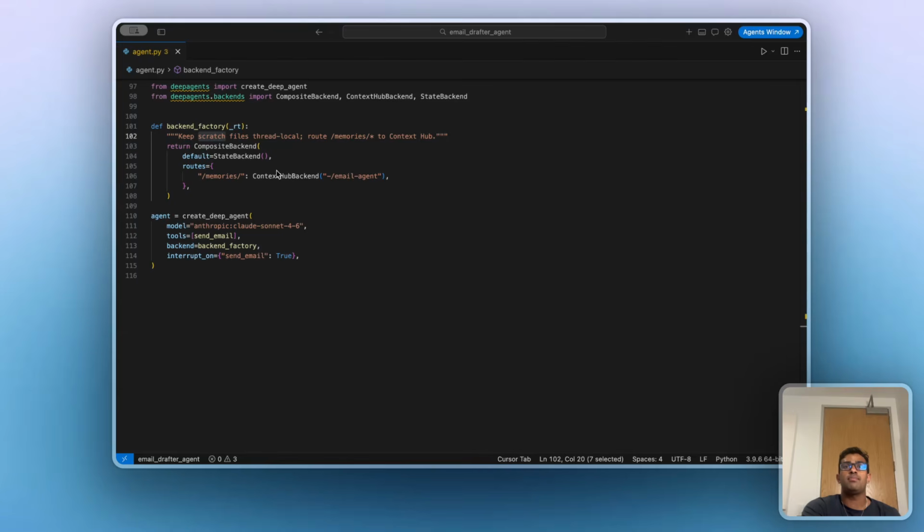It returns a composite backend with 2 behaviors. The default is state backend, which means that regular files that are created within a single thread stay thread scoped and local to the current conversation. Then in routes, anything under memories is backed by our Context Hub repo called email agent that we created previously. This gives us a clean split. Temporary working files stay local and memory is shared in Context Hub where humans and agents can both read and